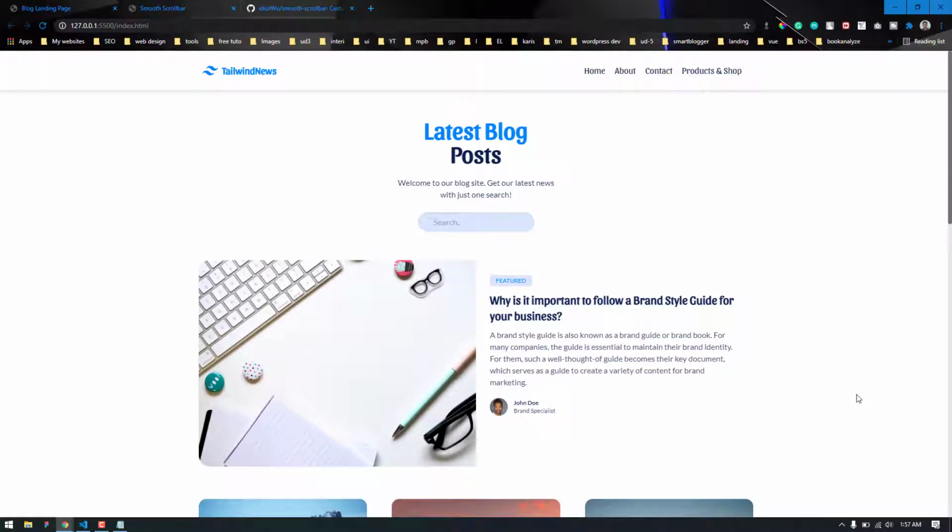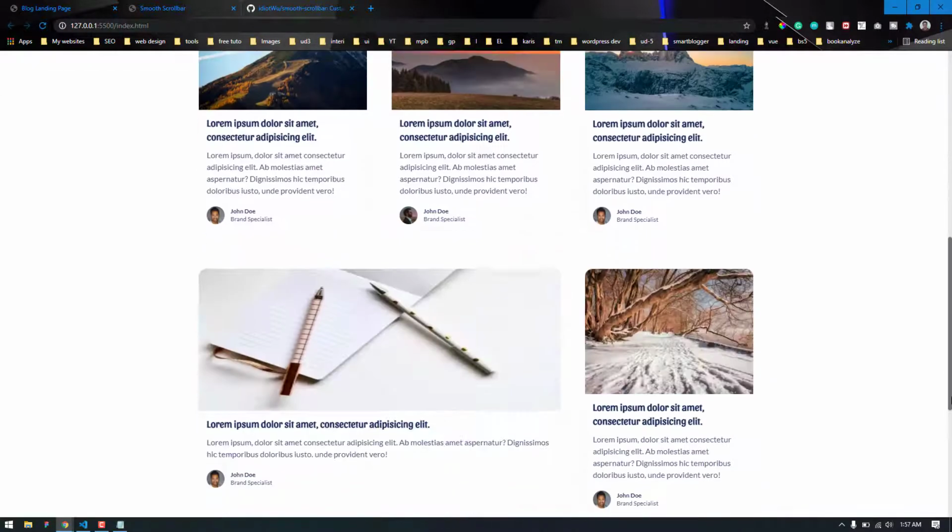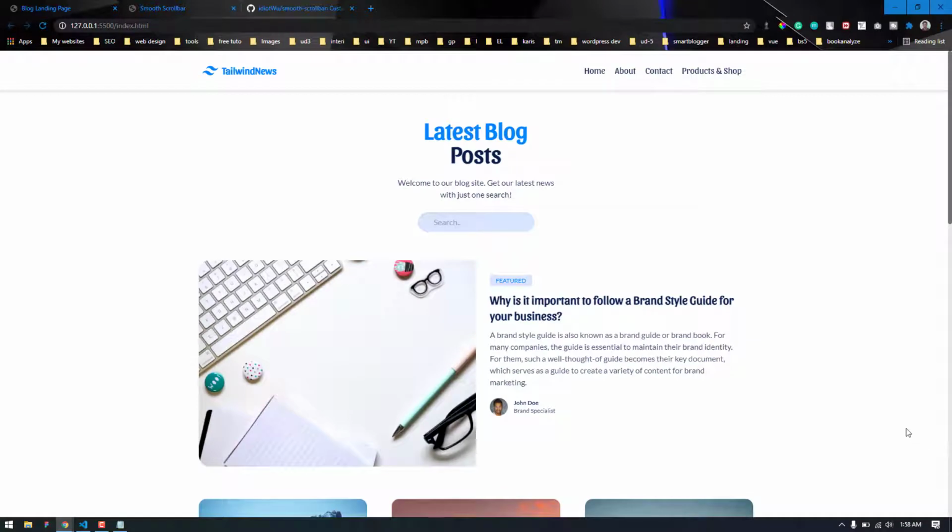But also we can do another thing, which is that we can modify the thumb and the scrollbar. We can actually customize the scrollbar, the default one, and also this one. So if you are interested in that, I have another video about how to edit the default scrollbar. I will add the link of the video in the description below. So if you are interested in that, don't forget to check that out.